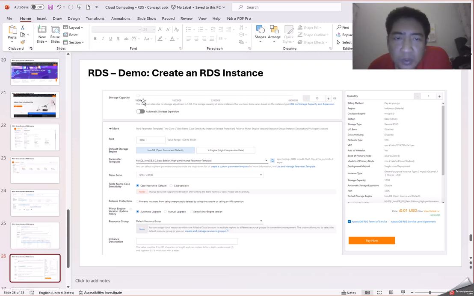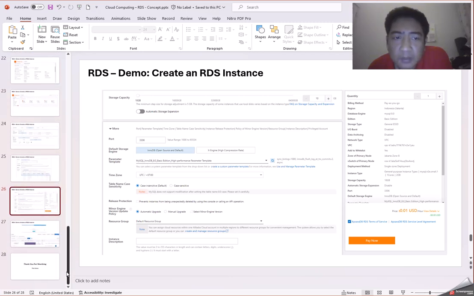In this demo I use 10 gigabytes, and then this is the config for the port, database, and parameters. I usually use the default from Alibaba. Okay, and then this is the quantity, where you can see your billing price.